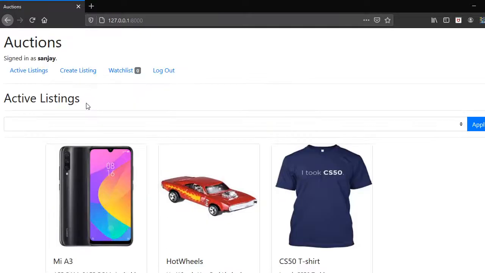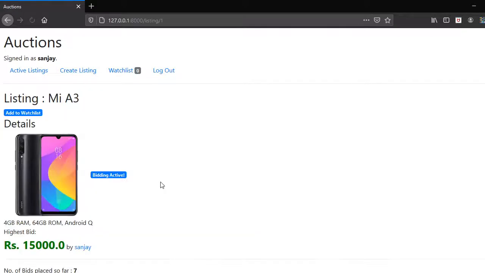So now on this active listings page, you can see there are 0 watch list items for this user. Now let's click on this item here, and you can see an option to add to the watch list. Now I will click on it, and you can see here the count has been updated to 1, and then you can see an option, the item is in the watch list. Now if I want to remove this item from the watch list, I will click it again, and now you can see the count is again 0, and there we can see an option to add it.